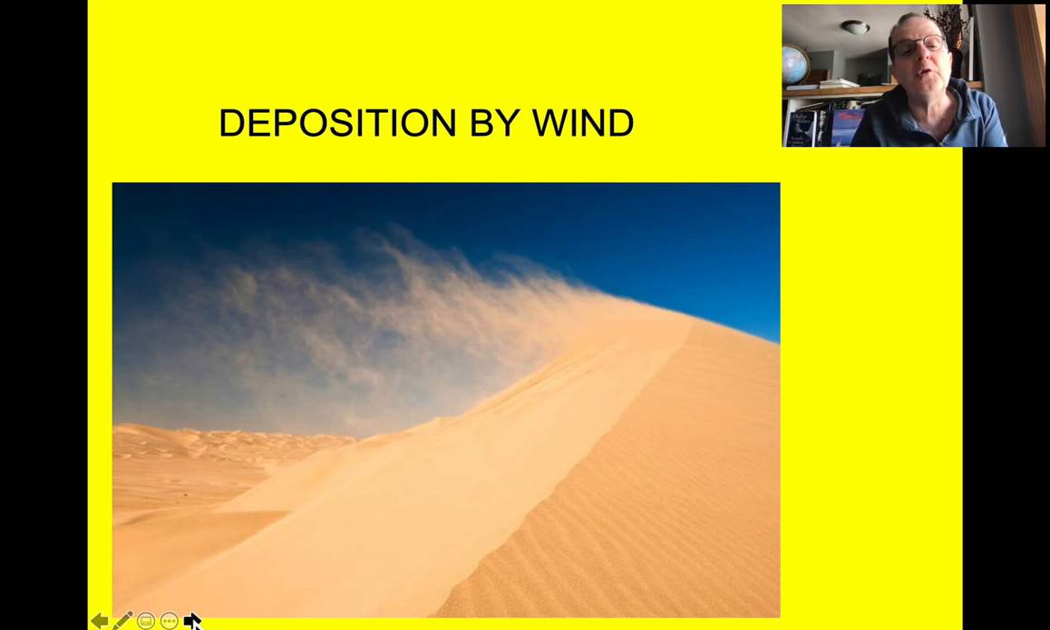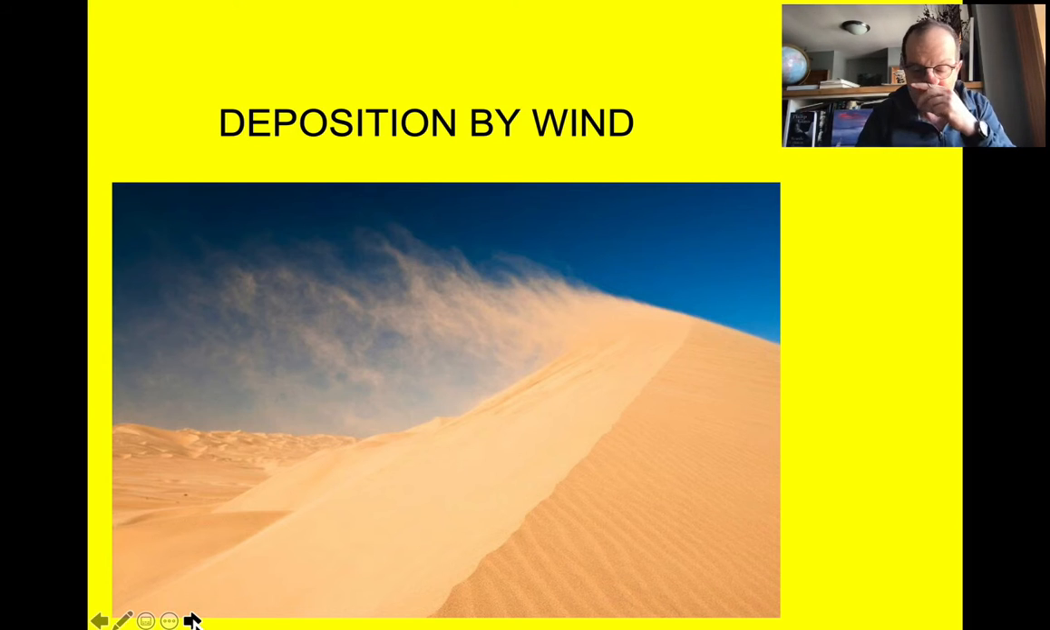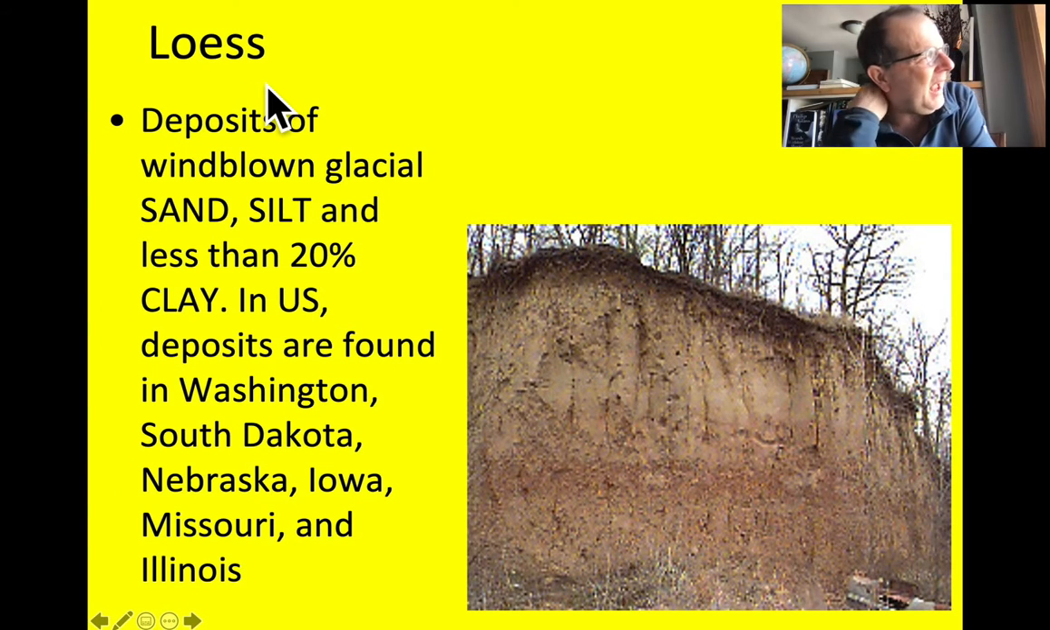Dunes are actually very similar to drumlins, but the direction of the wind is indicated by the shallow slope as opposed to the steep slope, but I'll go over that in a second. So first thing, though, we want to talk about are these vast deposits that we find in different parts of the earth of wind-blown glacial sand, silt, and less than 20% clay that have landed in